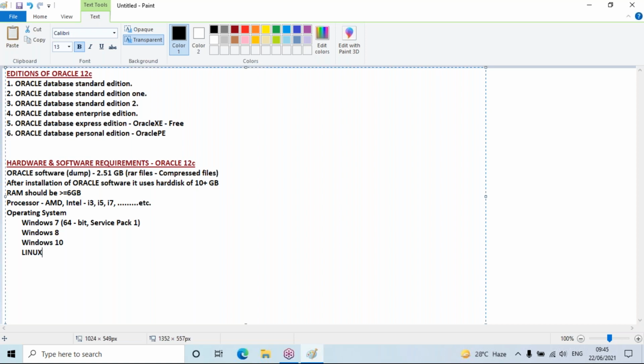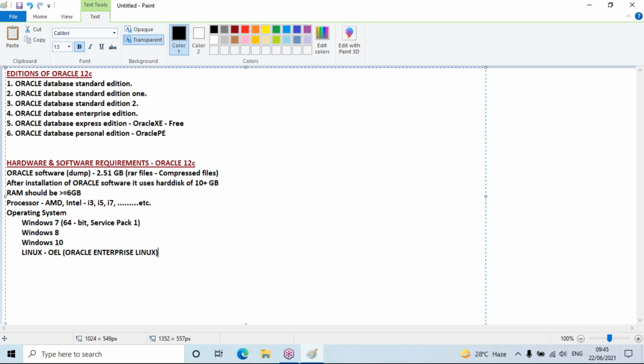Oracle Corporation has its own Linux operating system, which they call OEL, Oracle Enterprise Linux. They have their own Linux operating system.